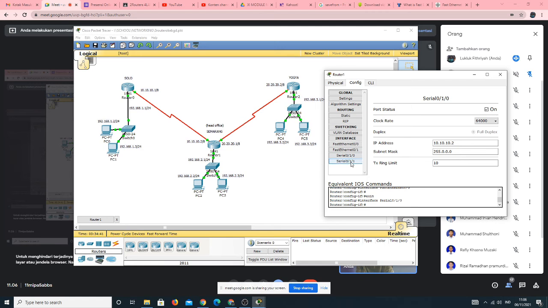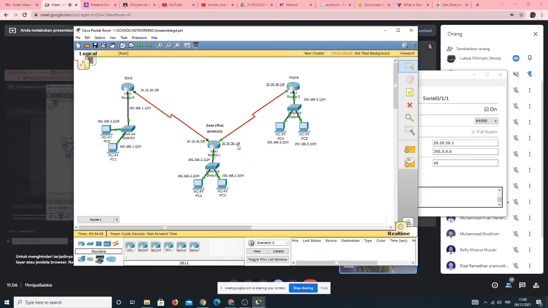And then for serial 0/1/1 that is connected to router Jogja in here, this is using the same network ID as the serial Jogja 20.20.20.1, and then for Jogja the host ID is 2.